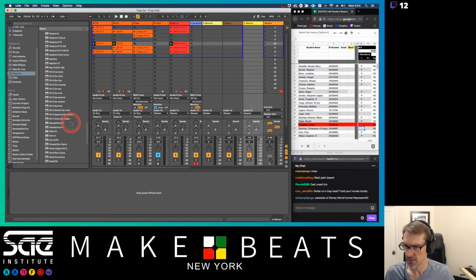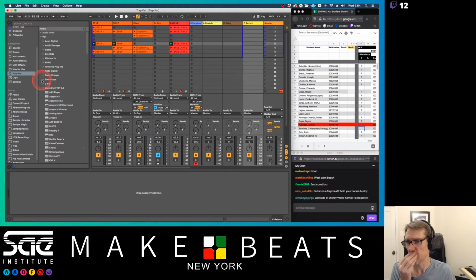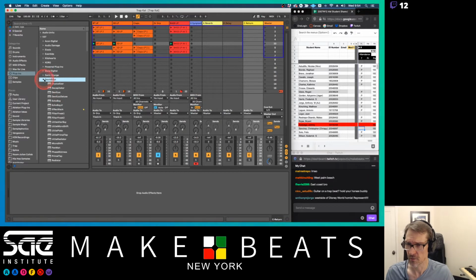I'm just going through my list here and seeing if anything jumps out at me right now, because the one I want to use, I can't use it. The one I want to use is this one here from Sound Toys, and I can't use it because I don't have my iLok plugged in right now. I want to use the effect rack from Sound Toys. I love my Sound Toys effects, but for right now,